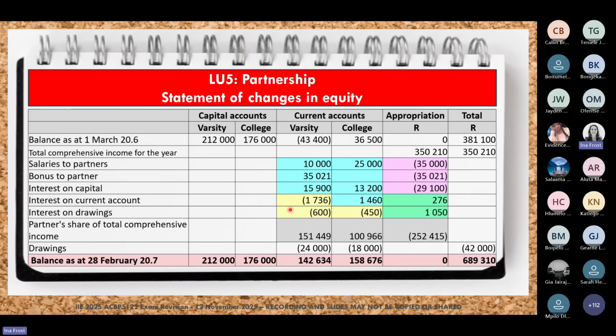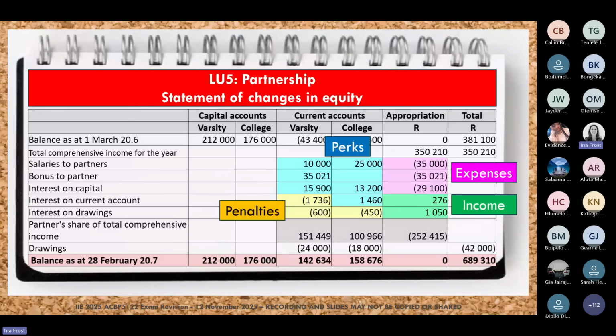But again, please just note here, you can see some numbers are with brackets and some are without brackets. And in this statement, again, brackets is really important. So you must please, in your revision, make sure that you see when and where to use the brackets. So let's have a look at this. As Salama told us earlier about the perks and the penalties, if it's a perk for the partner, it means it will be an expense to the partnership. And an expense to the partnership goes in brackets, and the perks for the partners are without brackets.